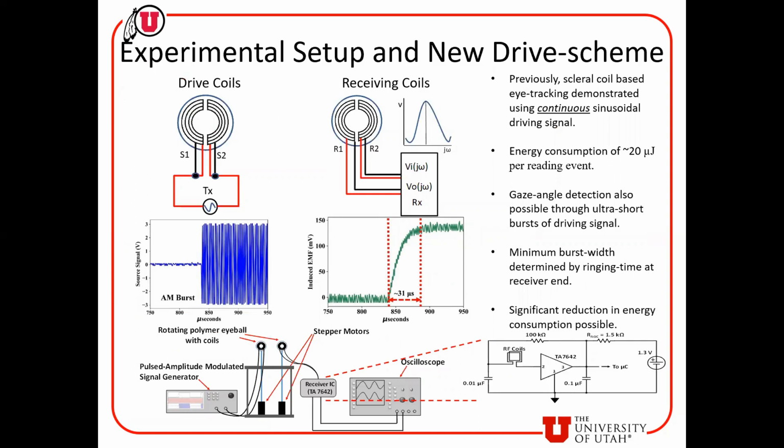This slide shows the schematic and photos of our two coil devices in the experimental setup. The coils are fabricated on a flexible two-level PCB substrate. Each semicircular coil has 5 turns and has a resistance of 2.5 and self-inductance of about 2 nanohenries. Here we have the drive coil and the receiving coil.